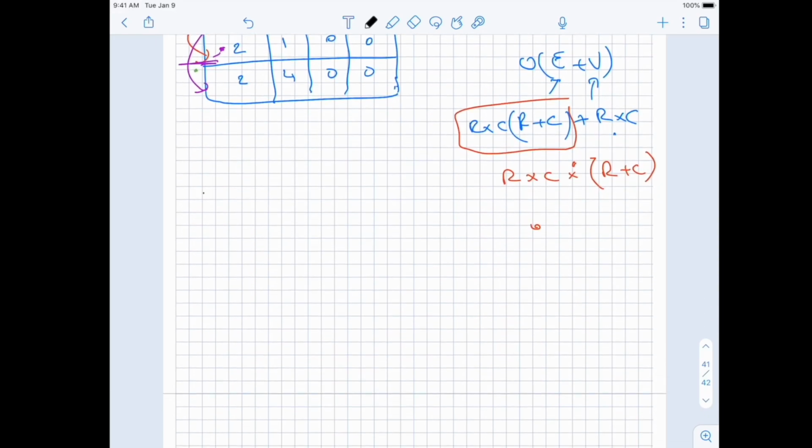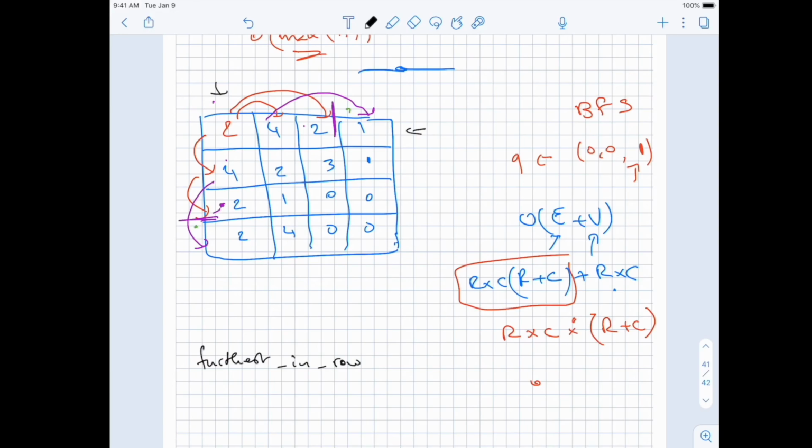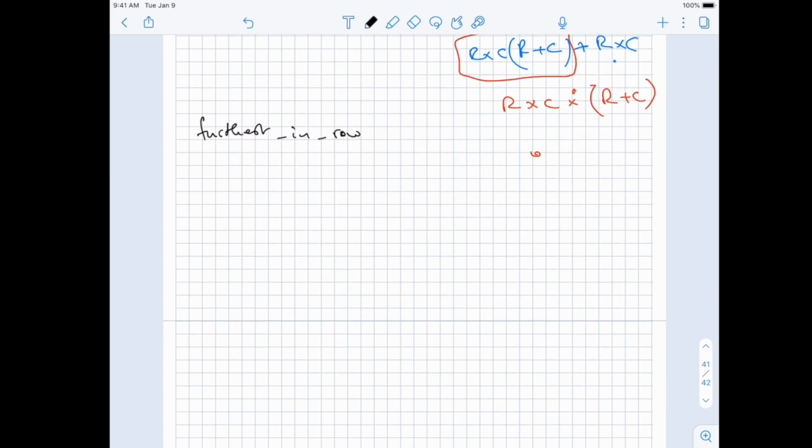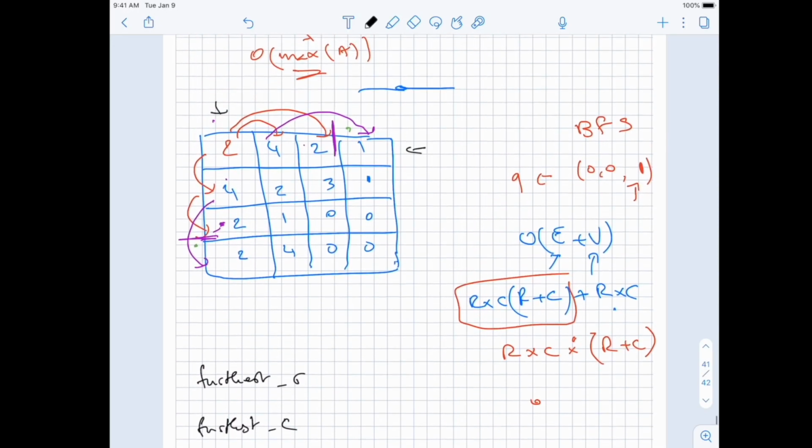And so we'll have something called furthest in row, right? So for each row, it will tell us the furthest one we reached. Okay, and then similarly we will have the furthest in column, let's call it. Or we can even shorten it with furthest row and furthest column. Okay, and so basically what this will help us do is